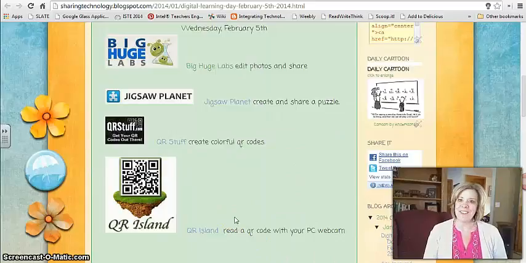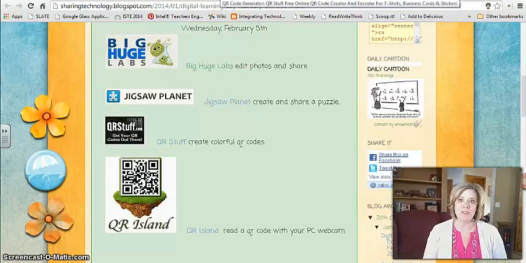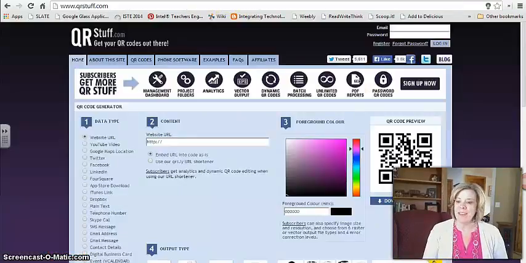QR codes are another really fun thing that you can do for Digital Learning Day. So I want to talk about two different sites that work really well for creating QR codes and also for scanning them. So this is called QR Stuff. The site itself looks a little busy,